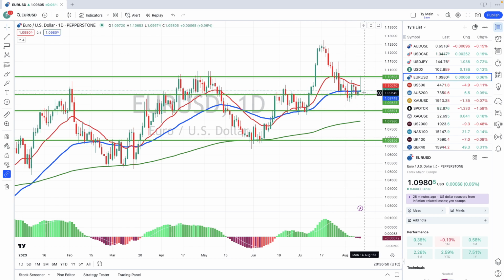So if it holds up at this level and finds a series of higher highs and higher lows on a smaller time frame, you can look at taking it up to that previous level of 110.50, but I wouldn't be going any longer than that until it actually breaks through, closes above there, and tests it from above. I wouldn't even be taking the first break on that one, because I think it's got a bit of work to do.